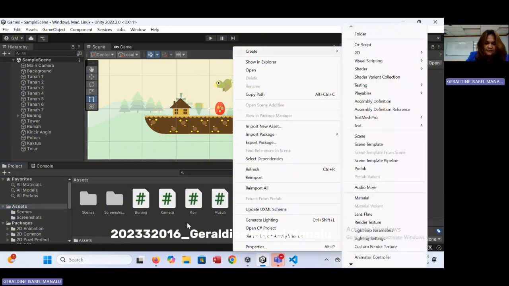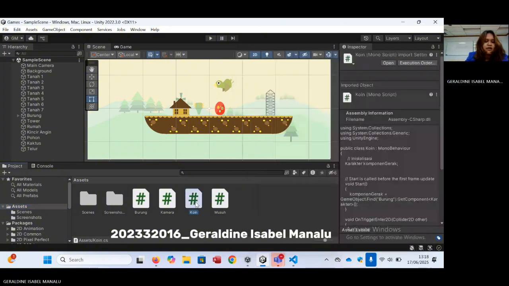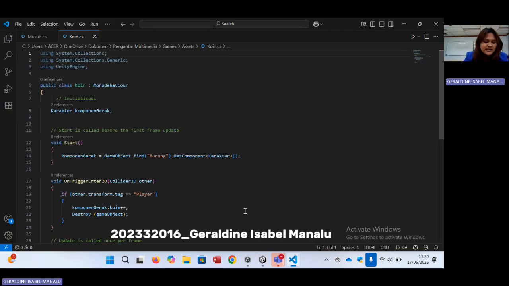Okay, this is the script. Next, script explanation. The coin script in Unity functions to provide an effect when the player takes a coin. When the game starts, the script looks for an object named bird and takes the character component from that object.